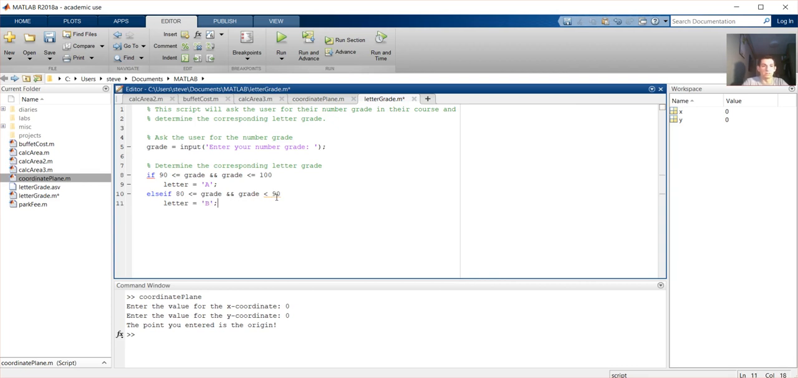letter equals B. Else if, we can include another else if in this case. Else if, we're going to say 70 less than or equal to grade, and grade is less than 80, just using less than, because if it's 80, it's going to be a B. Letter will equal C. Else if, quite a few else if statements here, but this is completely okay because we have multiple different conditions. Else if 60 less than or equal to grade, and grade less than 70,